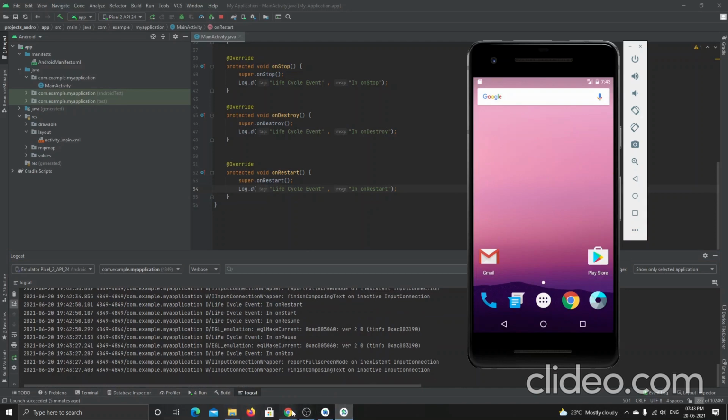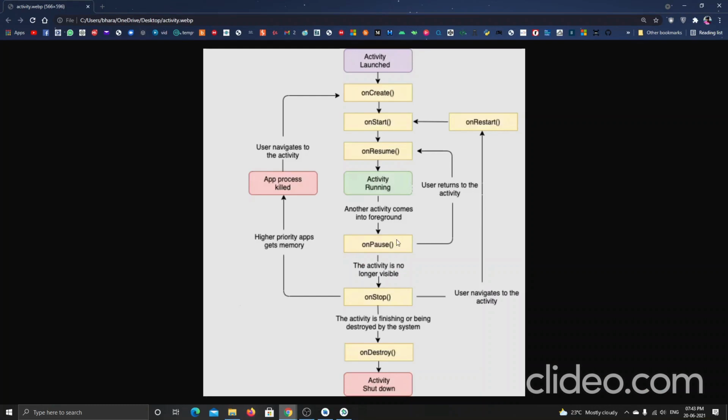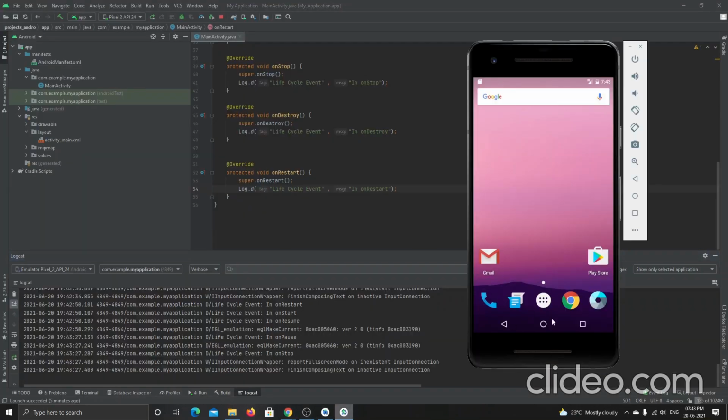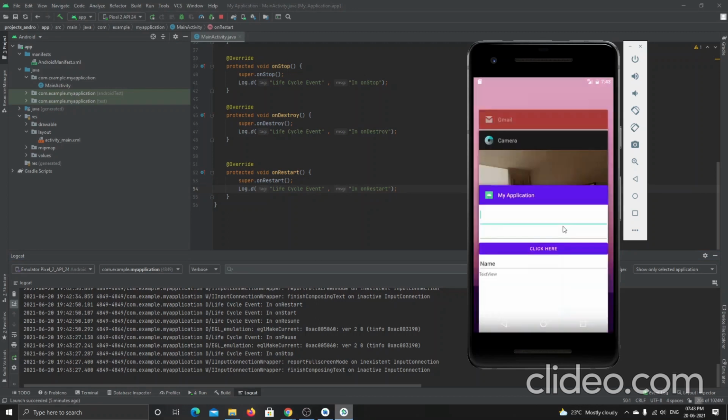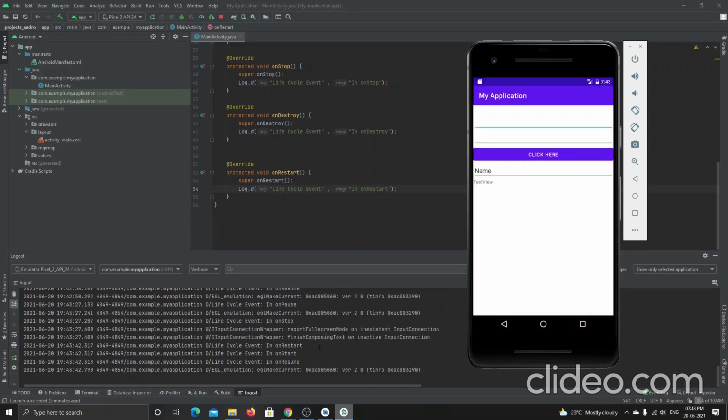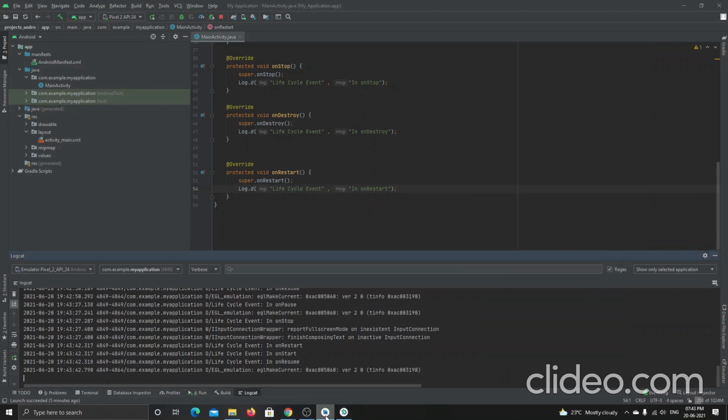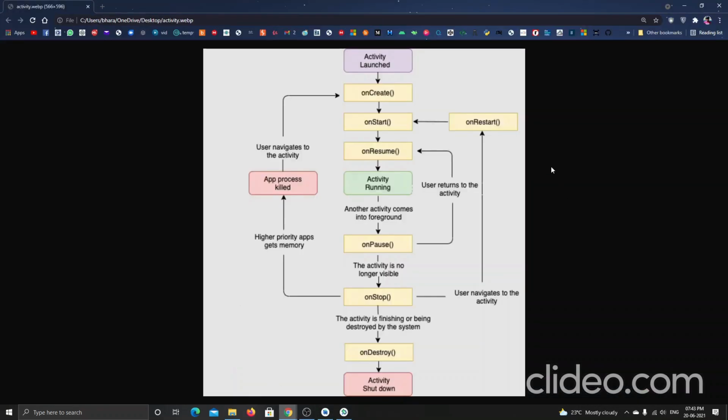Where is the on pause stage? It is here. When I return from that stage using the app drawer, it shows me on restart, on start, and then on resume. It is going back to this and then on start and then coming back to the application.